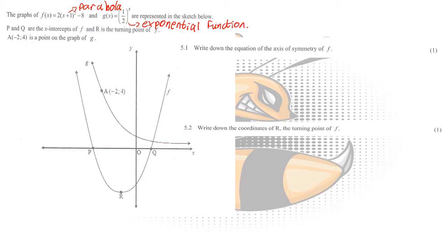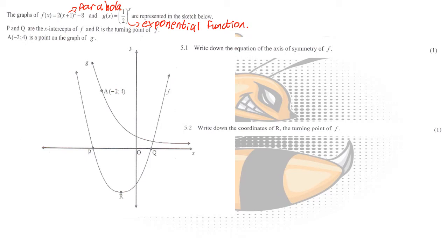Now we have revised the different function formulas in some of our extra classes and so these should be second nature to you at this point. If not, you're going to have to go through this again and make sure you know all the characteristics